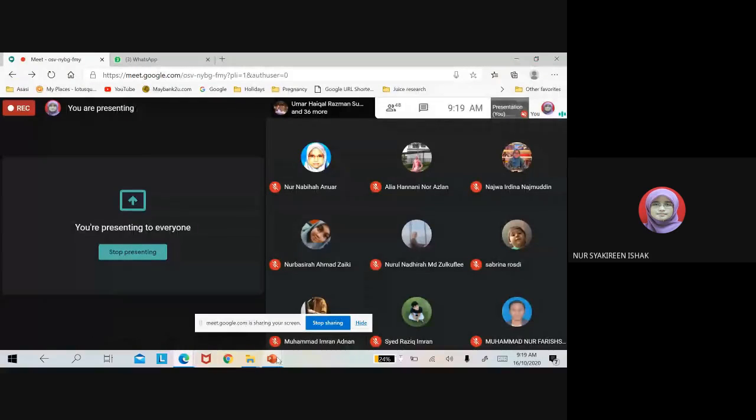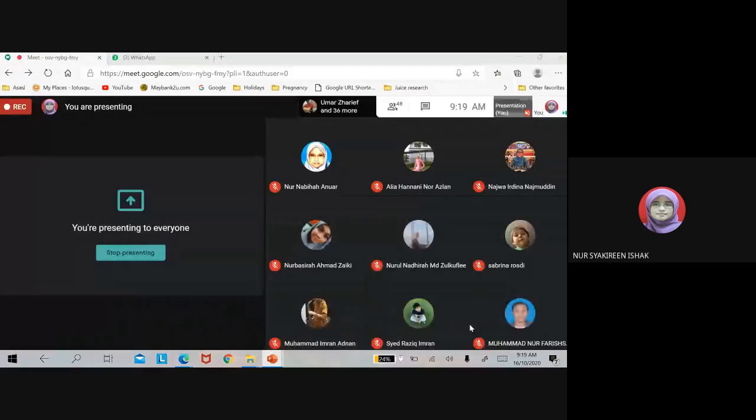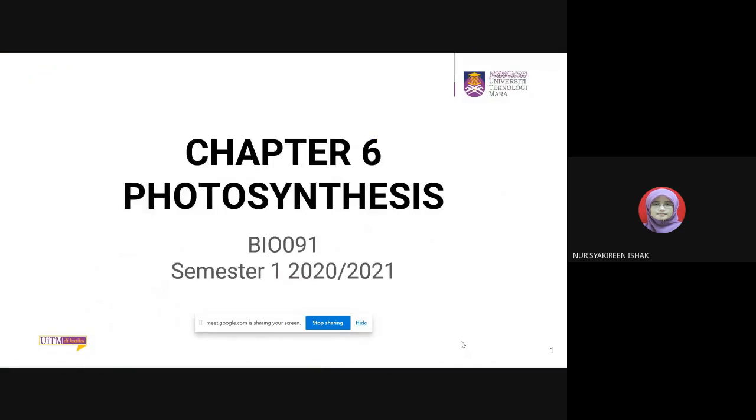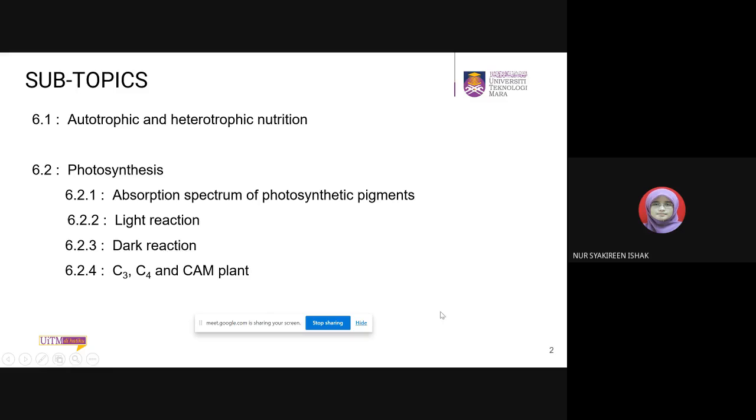Okay, so for today's lecture, we are going to go through the chapter photosynthesis. Awal-awal ni saya akan speed through lah because it is just the normal information on photosynthesis. Alright. So these are the subtopics of photosynthesis, which is you are going to know the differences between autotrophs